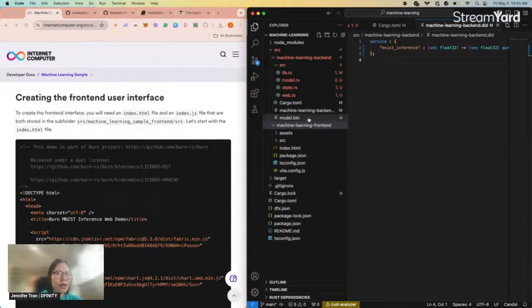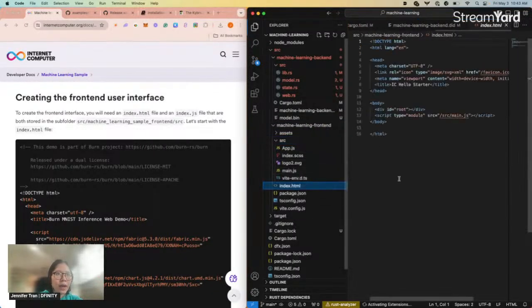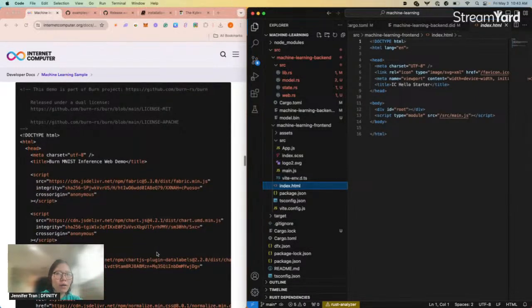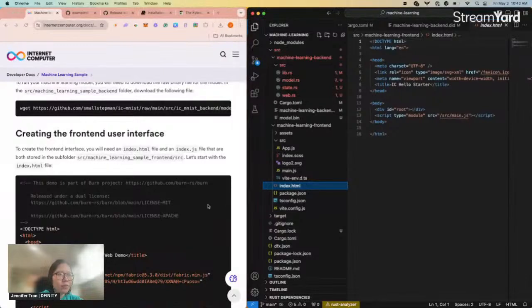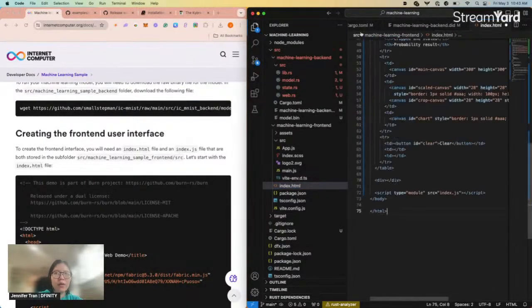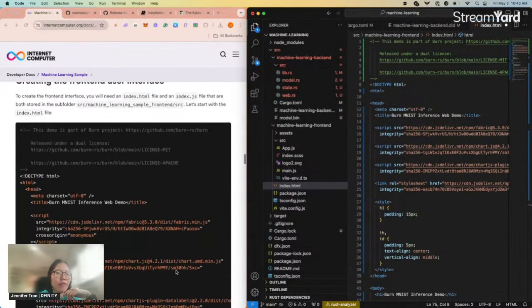So let me go to the front end here, and then there should be an HTML file that we can update. This is practically what the user interface will look like. Here is just a simple HTML file.